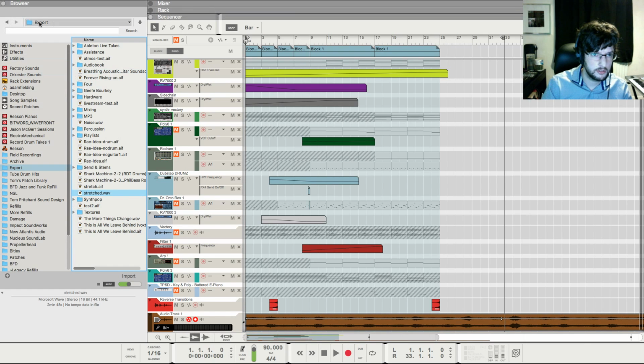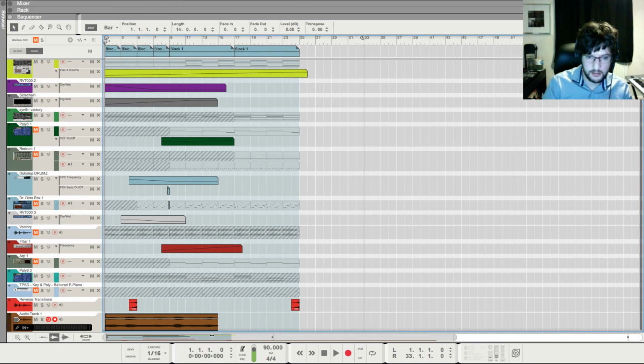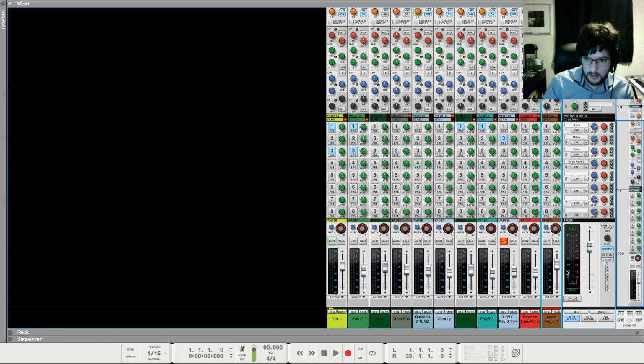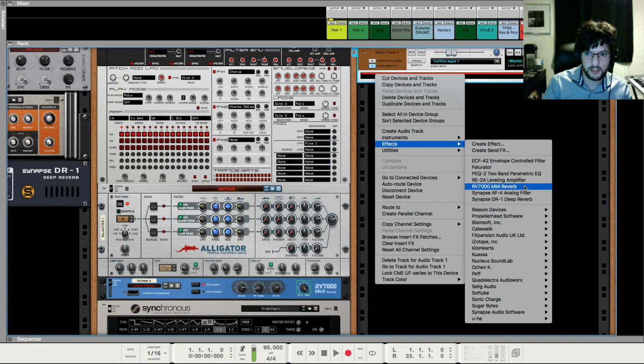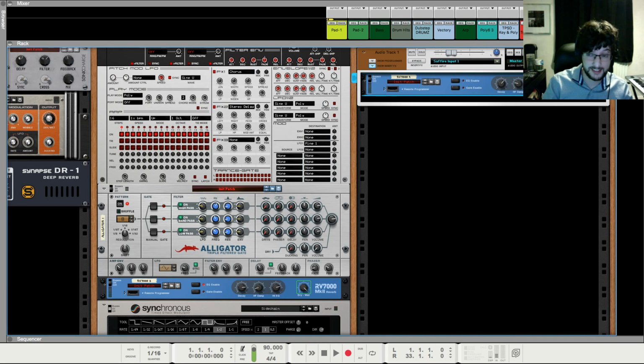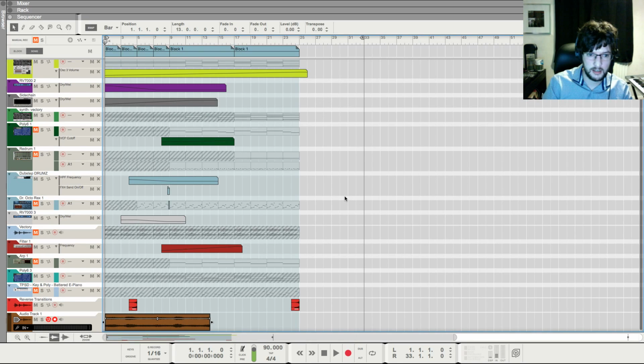Oops. Get rid of the browser. Probably shouldn't have done that. Stop. Right, and I'll just shorten that a little bit. I'm going to put an insert reverb on here just to kind of smear the sound. Smear the sound, that's the word I was looking for earlier. Smear or smush, or whatever you want to call it. I'm going to change the algorithm to arena, turn the size up, roll off the lows, and